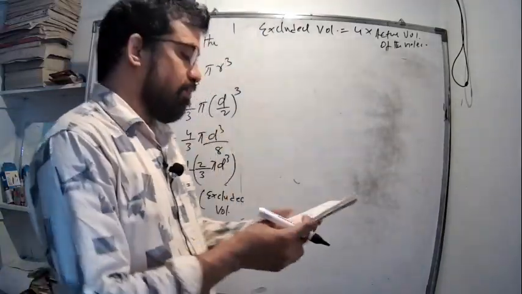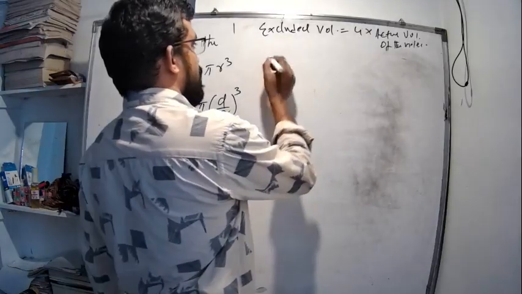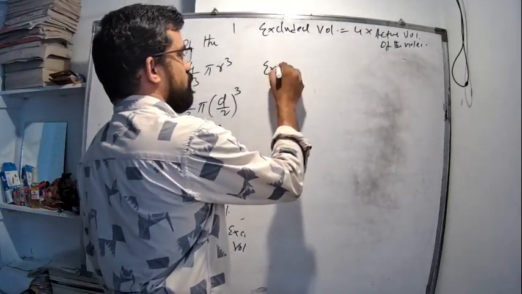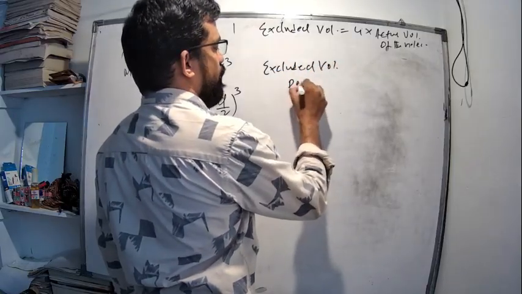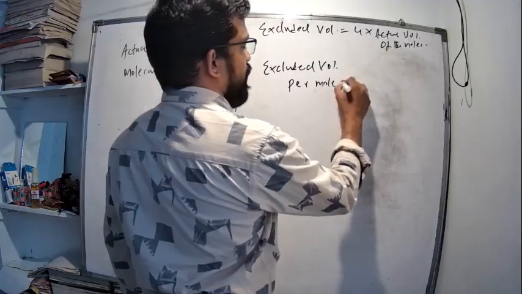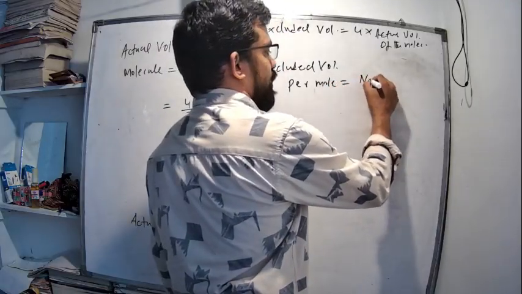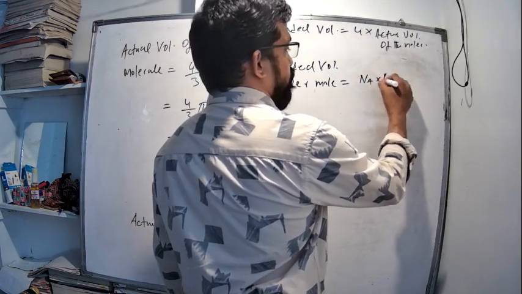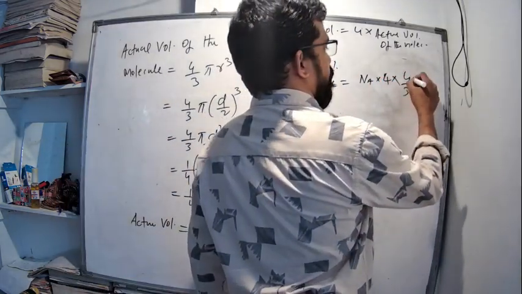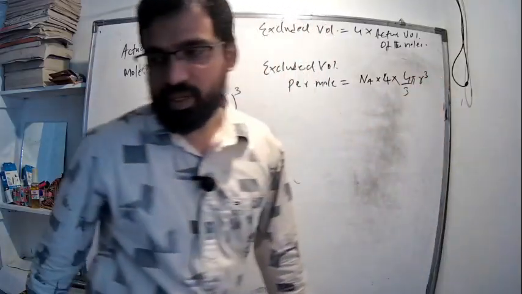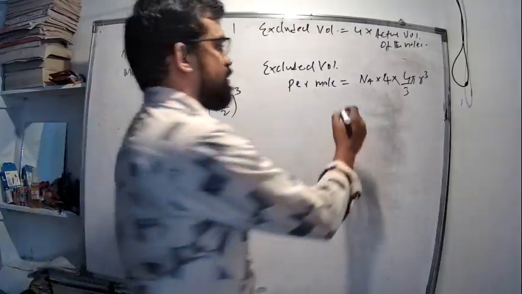So excluded volume per mole will be what? Excluded volume per mole, that is for n mole, that is Na into 4 into 4 by 3 pi r cube, right. Have I got a number? That is